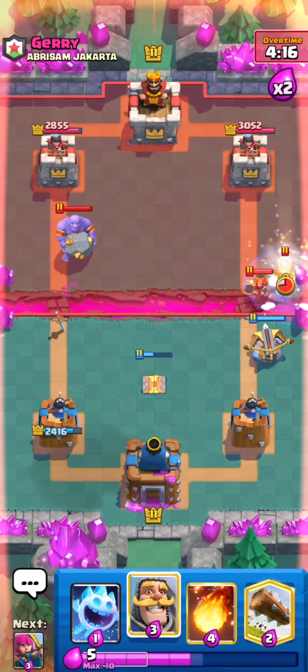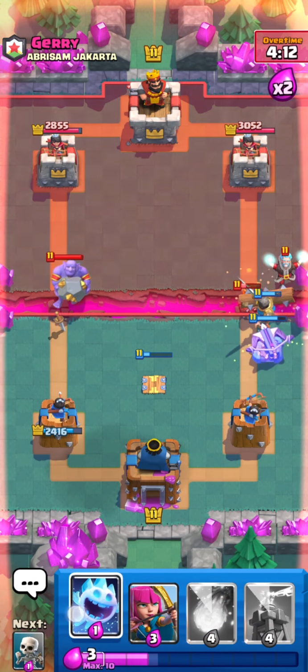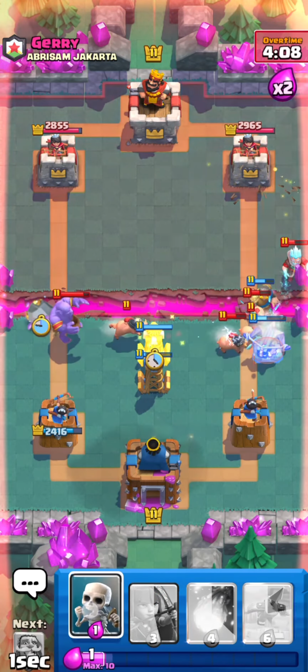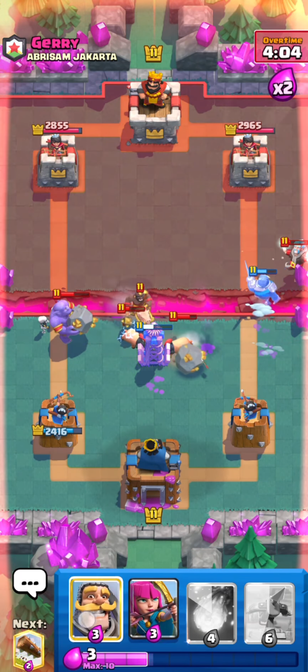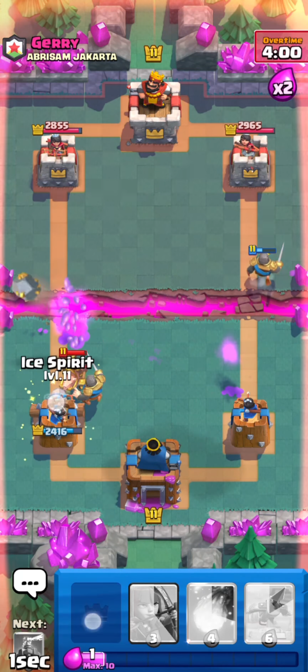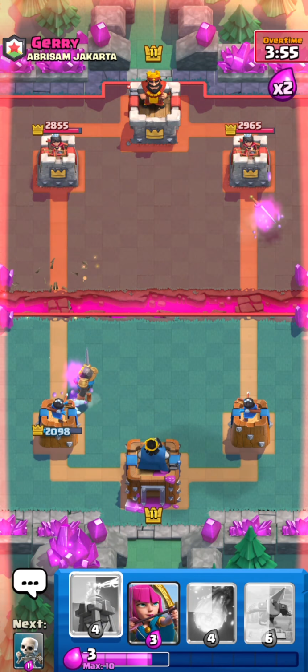Okay, he goes Valk and Ice Wiz. Okay, that's actually a little bit annoying. I was hoping he would go Royal Hogs so that I could just Fireball them all, but well played by him because he did the better play. He goes Hog Rider. Okay, this is actually looking pretty bad, honestly. We're going to have to log this Hog back, and he might have a freeze in here too. Okay, he doesn't freeze, but still, that's going to be...